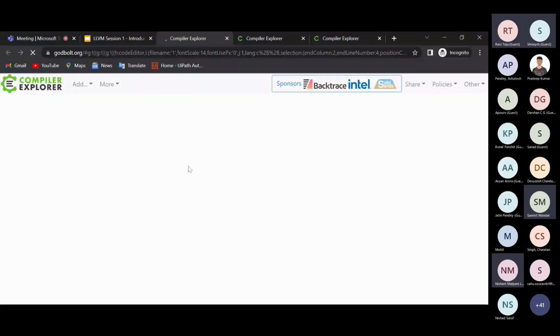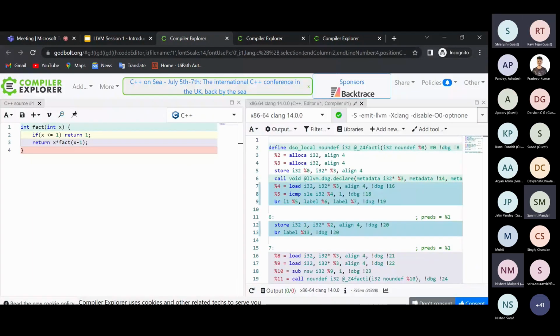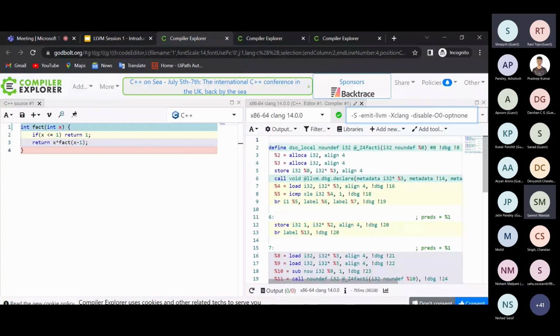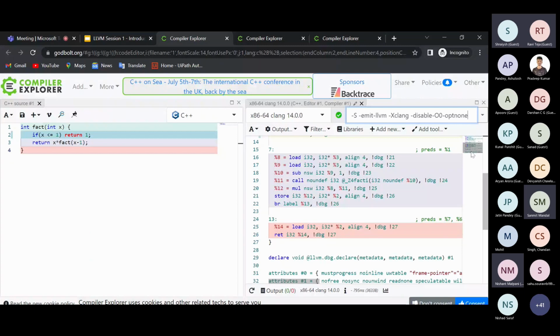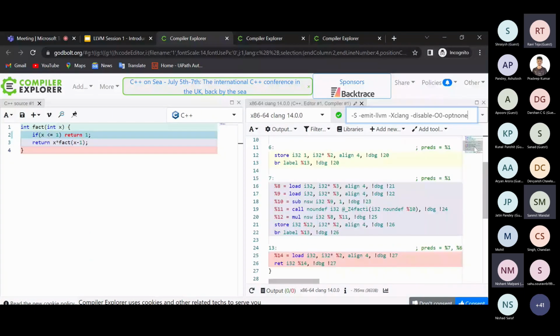It's the same example, and this is the option for generating IR. -S means in a readable format. -emit-llvm is the option that generates LLVM IR, and this option is required. If this option is not given, there will be no optimizations done, and you might not be able to do them because in the IR itself it's written that no optimization should be allowed, but that's unrelated. You need not know why this option is required as a beginner.